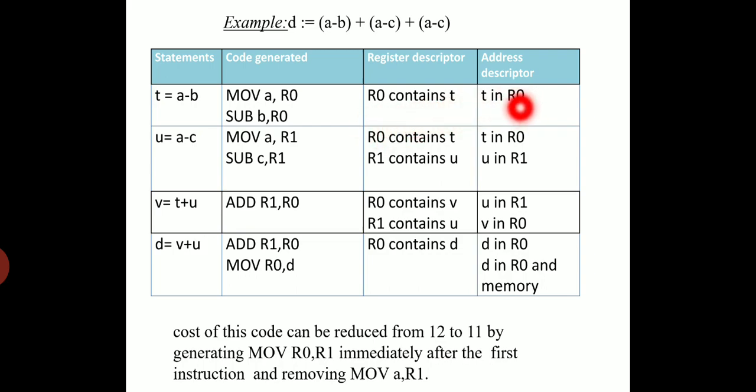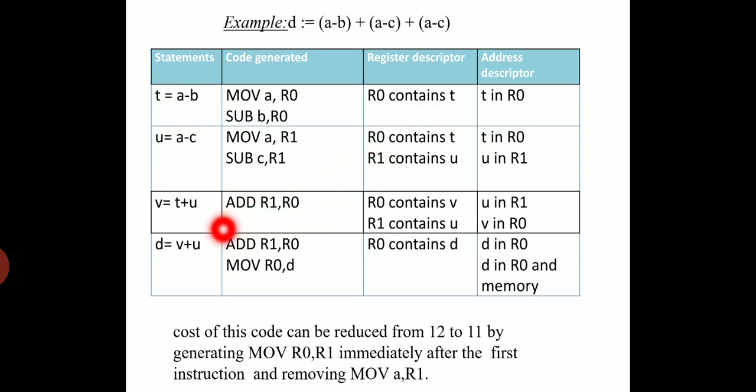That is in R0, which is tracked by the address descriptor. Here we are using another register R1. So R0 still contains T, and R1 contains U. Then V is equal to T plus U. Now T is in R0 and U is in R1. Then we can store the result V again into R0.